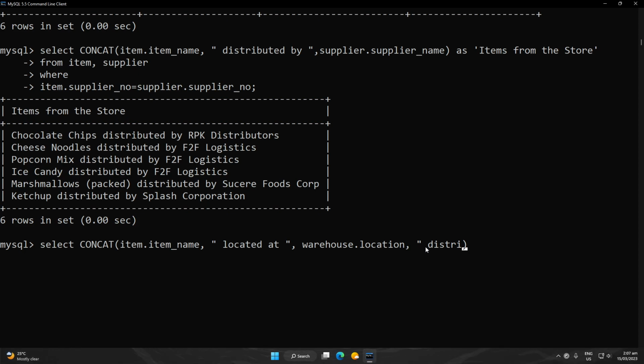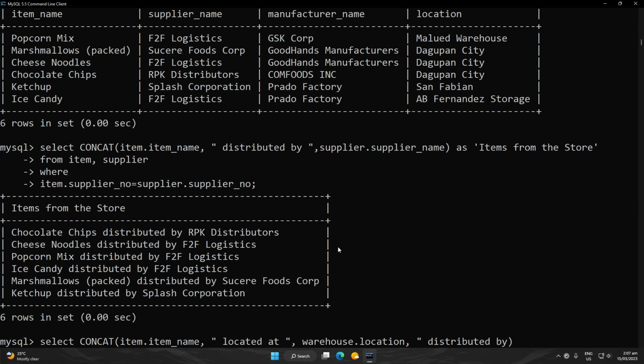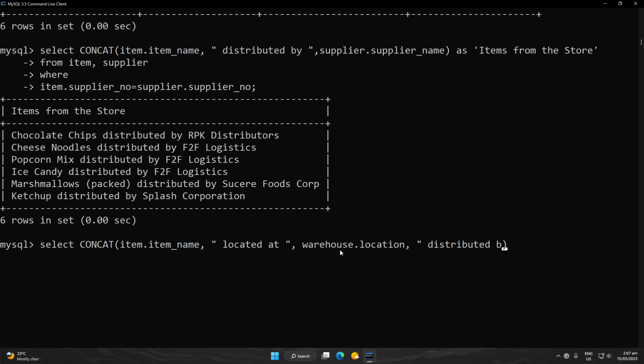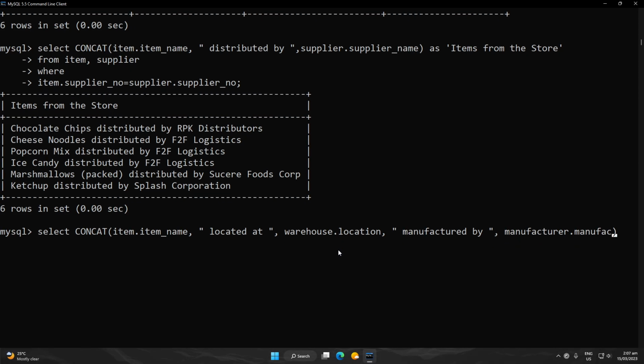distributed by, created or manufactured first. Manufactured by, then space, we'll get the manufacturer name through the table manufacturer. Manufacturer name. Okay,